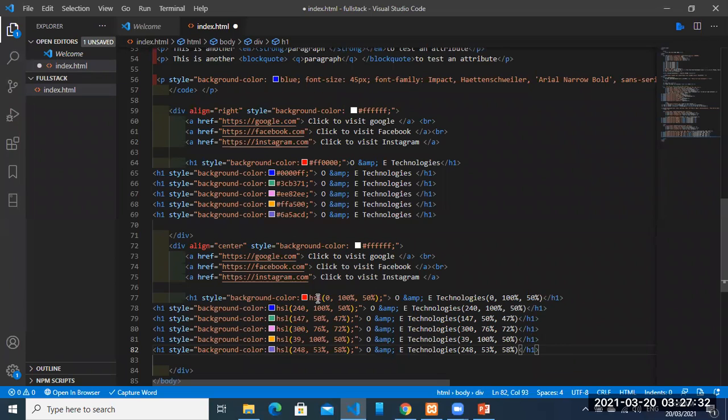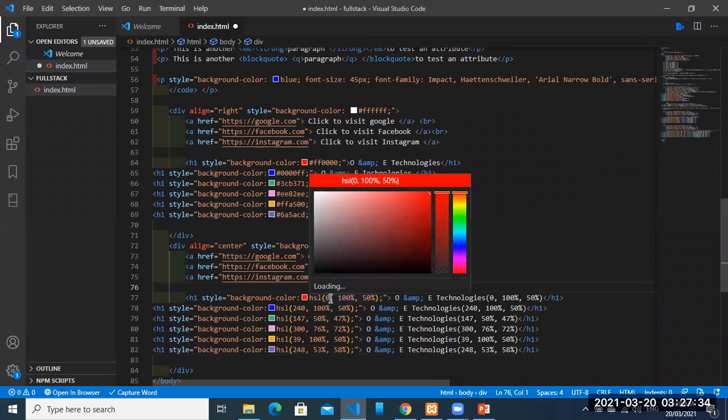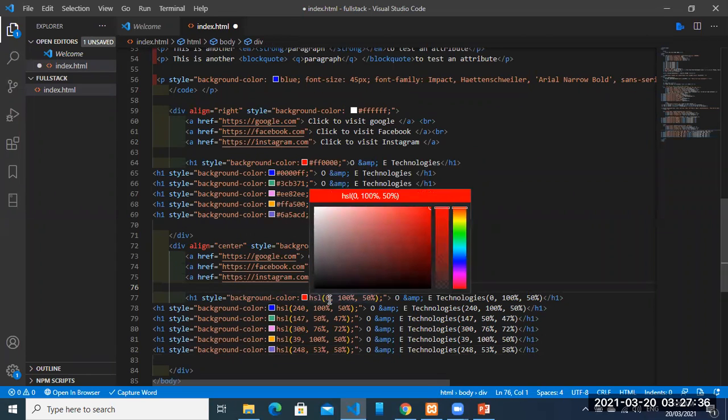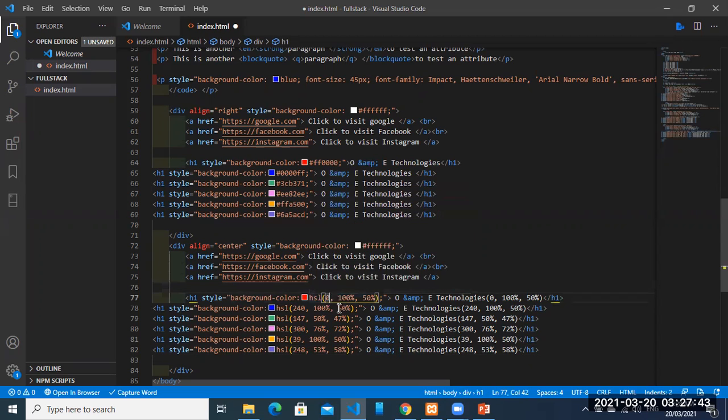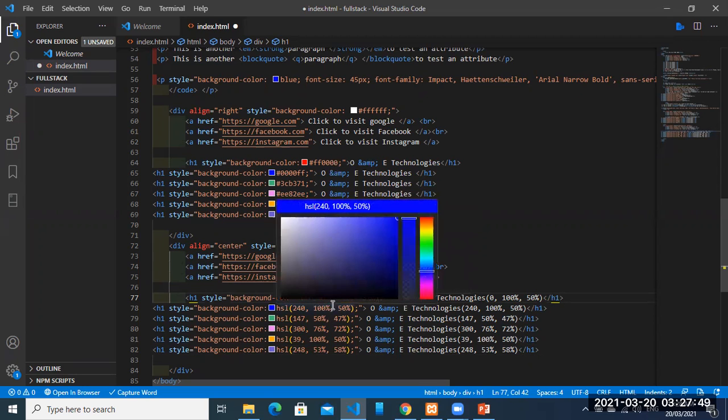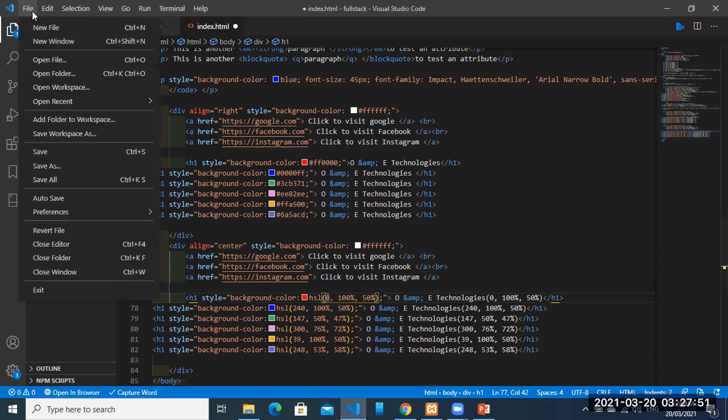Now, look at the color here. It shows that I'm going to have 0 color because this hue is at 0. So if my value here is at 120, I'll be getting green. If my value is at 240, I'll be getting blue. So that's the meaning. So if I save this